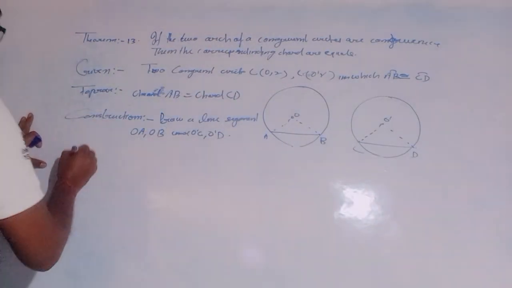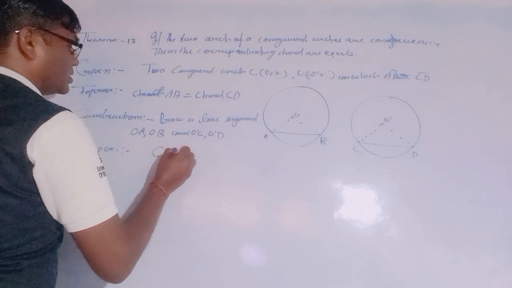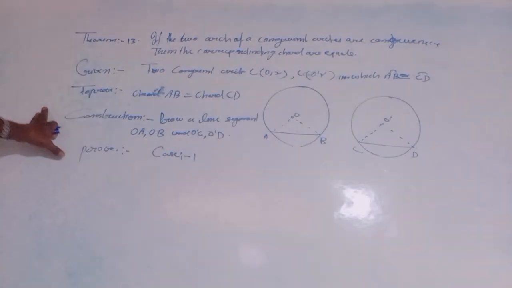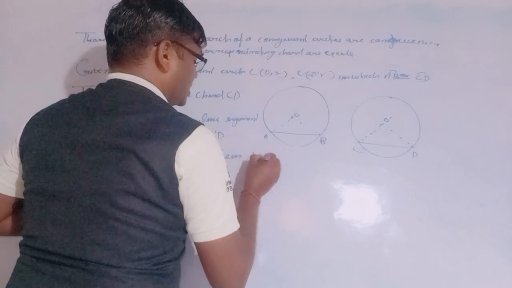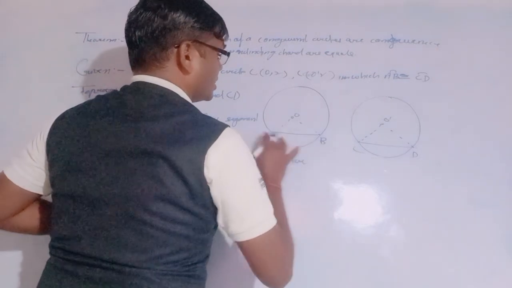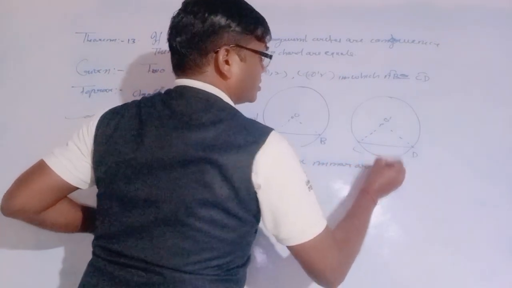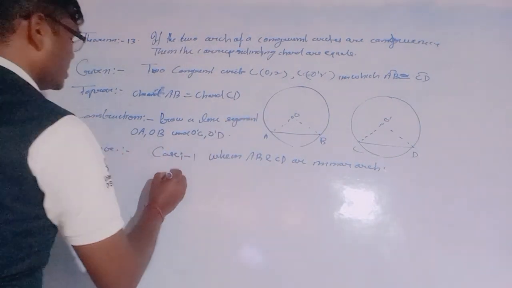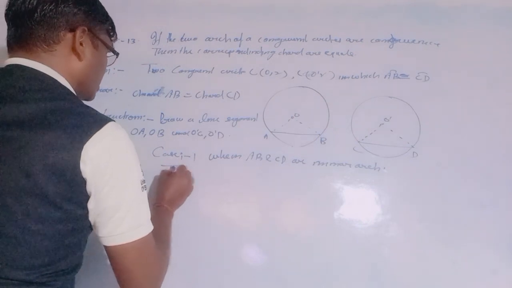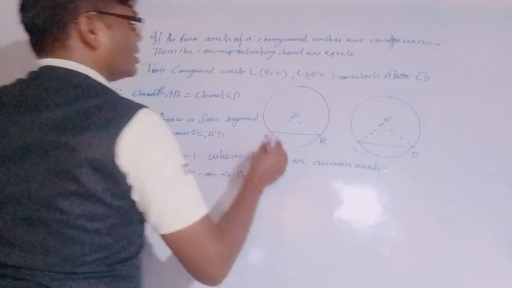Proof, in case first. Case first is when AB and CD are minor arcs. Then we will take the triangles. In triangles OAB and O dash CD,